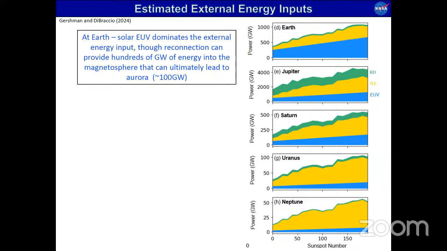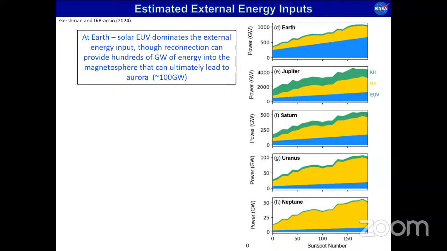You can get some average energy input through Kelvin-Helmholtz. Largely, you're getting a lot of energy through reconnection, which we know is certainly true at Earth. You can get magnetic reconnection, which can lead to substorms and a lot of energy input at Earth. If you look at the amounts, it's maybe a couple hundred gigawatts. That's ultimately the type of energy you need to power the aurora, which of course we know is powered by